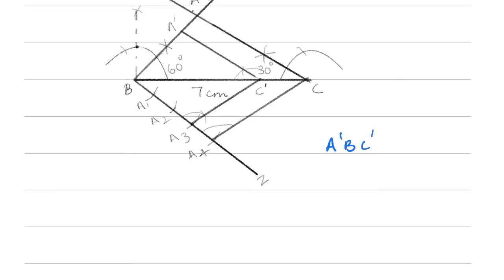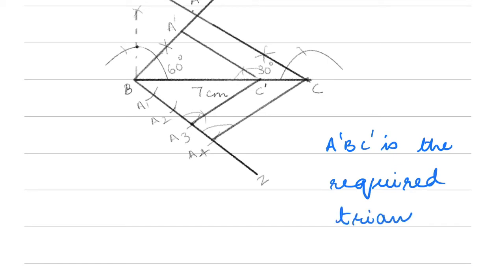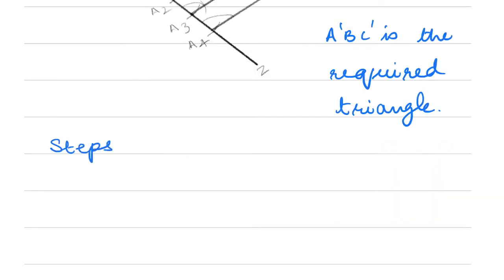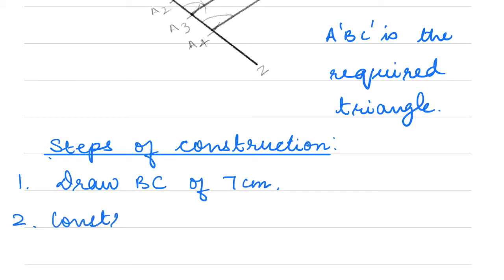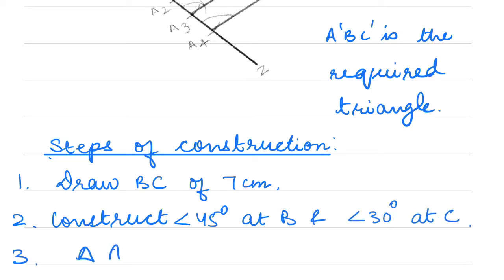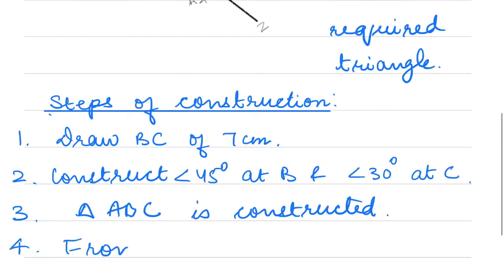A dash B C dash is the required triangle. The steps of construction. First step, draw BC of 7 centimeter. Second, construct angle 45 degree at B and angle 30 degree at C. Triangle ABC is constructed. From B,